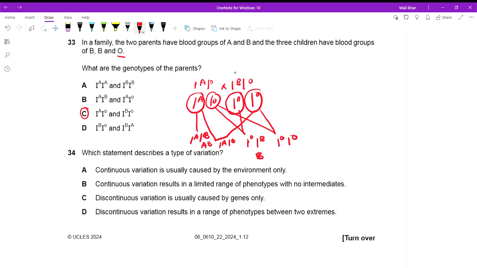In this diagram, we have shown one AB, one A, one B and one O. Okay,